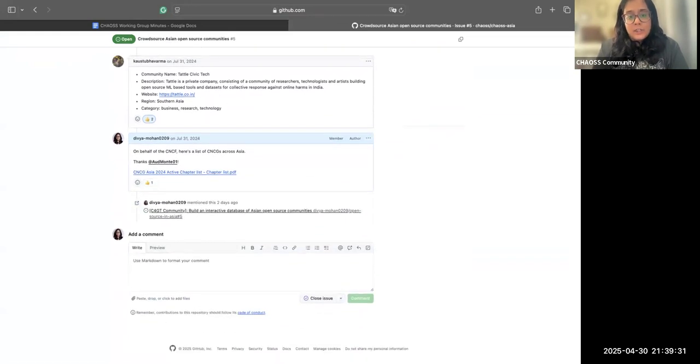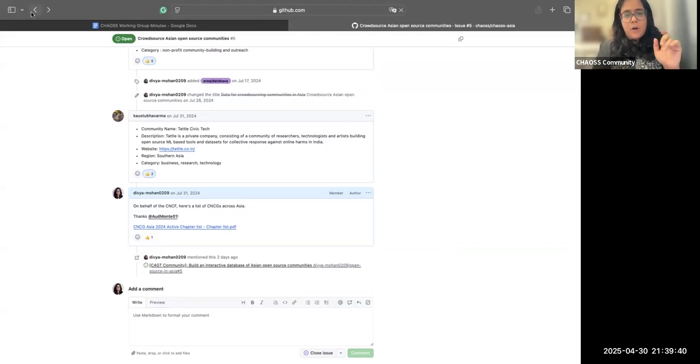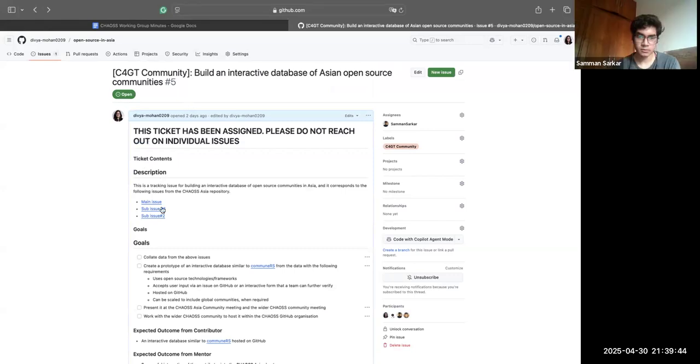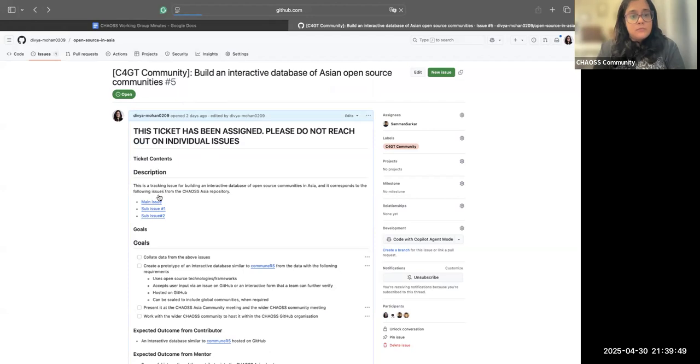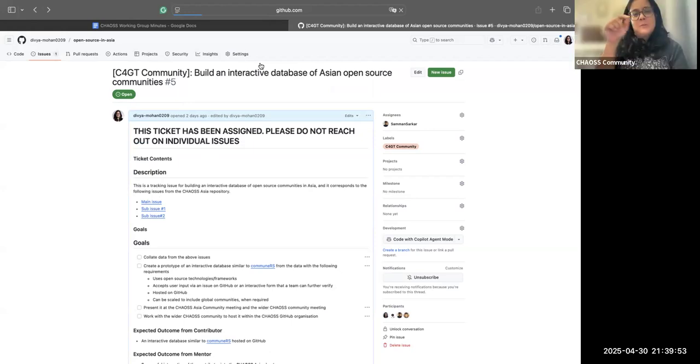There's also an Excel sheet here, rather a PDF, and what we want to do is collate this and bring it in the form of an interactive database that is similar in user experience to the Commune RS website that is being pasted. So that is the end goal of this whole thing.